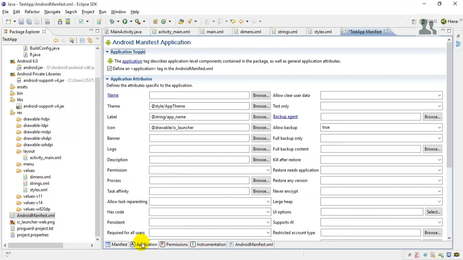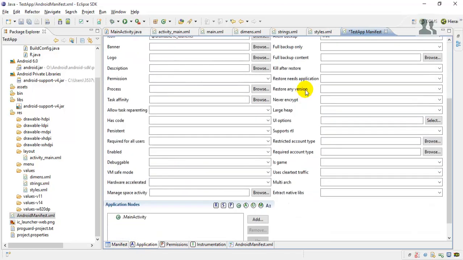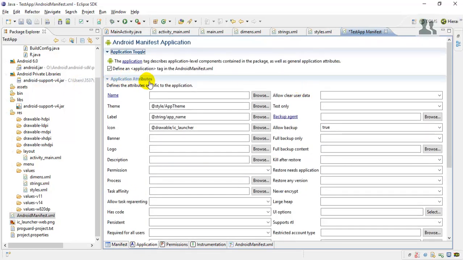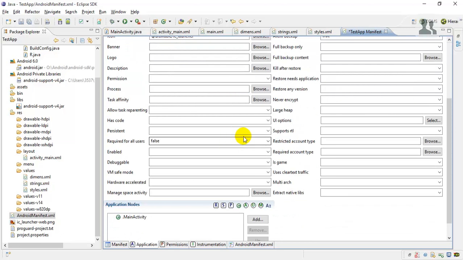Now inside the application tag, you have the particular application attributes where you can set the name of the application, then the theme, label, icon, banner, logo, description, permission, process. There are different types of attributes which you can set here.